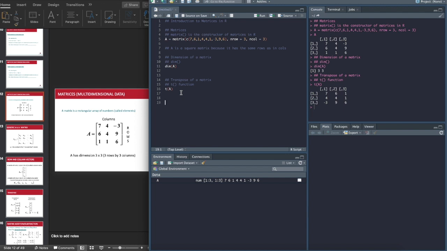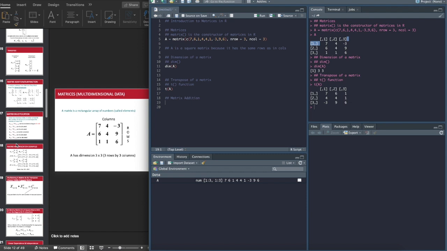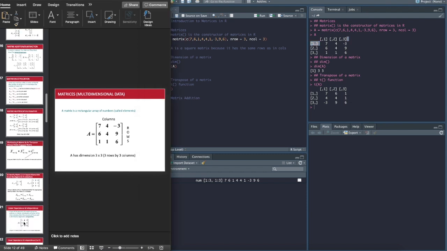Alright, so let's take a look at matrix addition. In order for us to get two matrices to conform for addition, they should have the exact same dimensions. So for instance, if I have matrix A, I can only add it to a matrix that has exactly the same dimensions. So let's create another matrix, let's say matrix B, and let me just take this matrix right here,